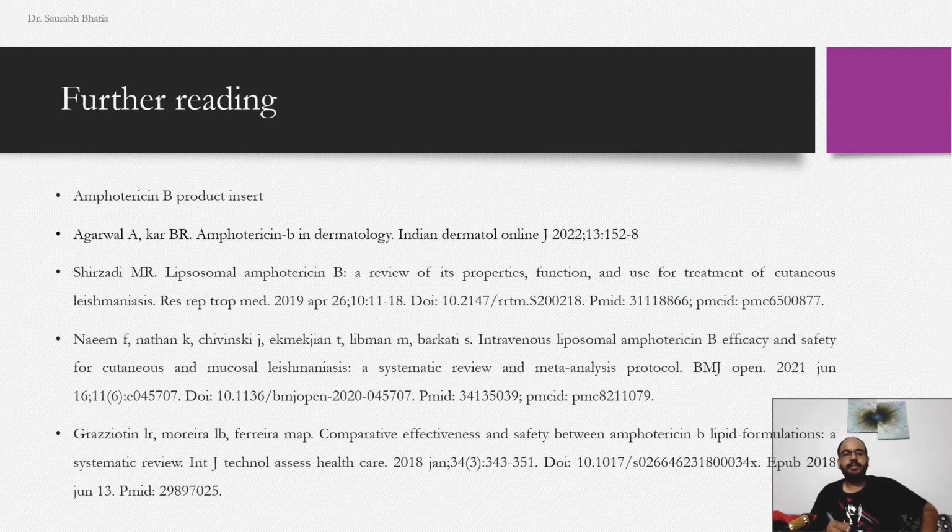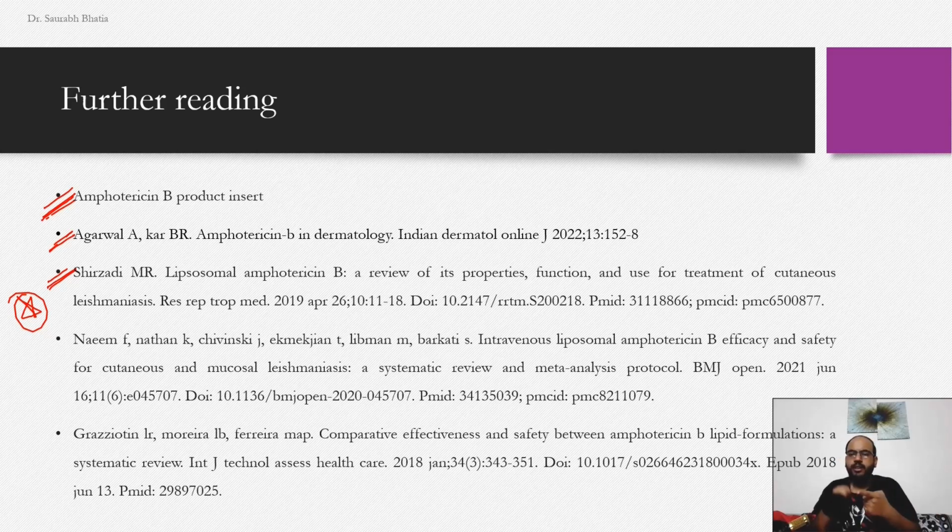So with that, the presentation is finished. Let's quickly end this. These are the further reading material. Read the amphotericin B product insert. This article is good if you want to read about use of amphotericin B in leishmaniasis. And this is good if you really want to have just a superficial understanding. But trust me, if you have gone through this video in proper detail, you have all the data that you require for amphotericin B regarding